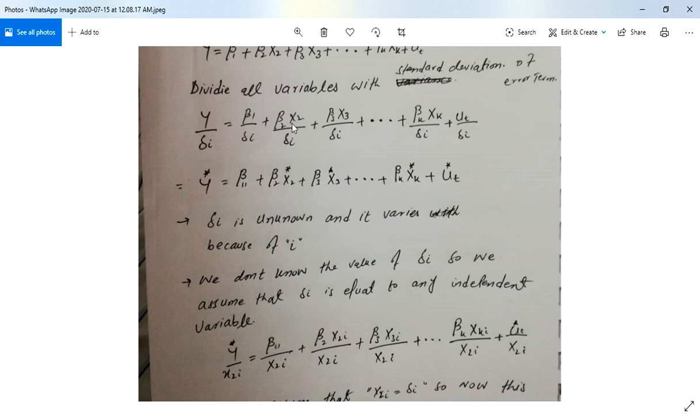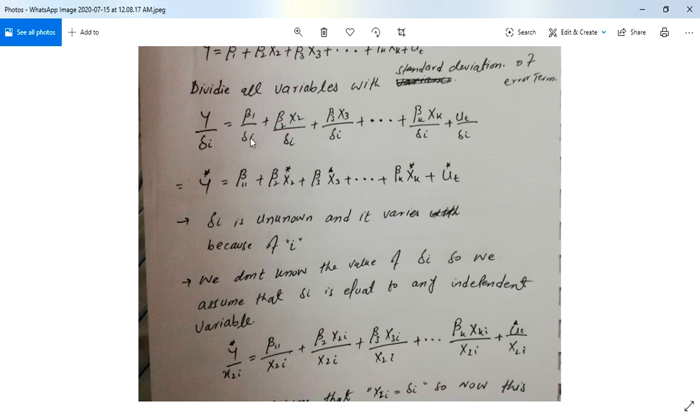Remember that we only have to divide the variable by the standard deviation. It is appropriate that we write beta 3 here and we divide only x3 by sigma i. Similarly, this will become xk star, plus the error term mu t over sigma i becomes mu t star.